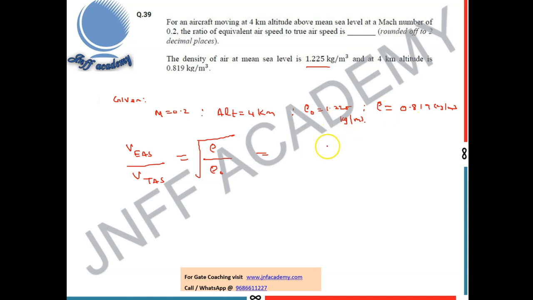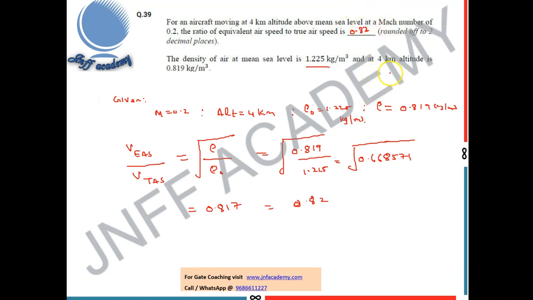Okay, so square root of 0.819 divided by 1.225, which is nothing but square root of 0.668571, and if you take the square root of that you will get 0.817. In the question it is asked to round off to 2 decimal places, so which is equal to 0.82. So the ratio of equivalent airspeed to true airspeed is 0.82